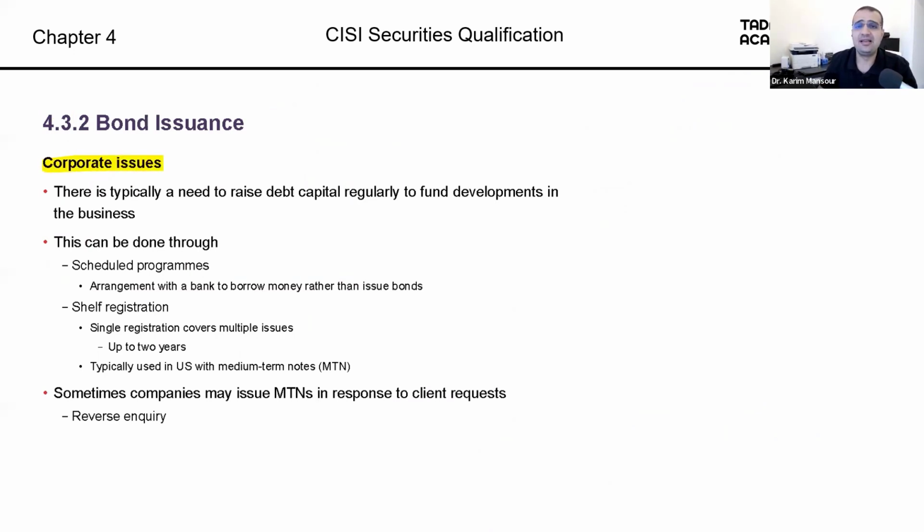Why do companies issue bonds? Obviously, they need capital. Remember, the capital structure of a company is both equity, the shares that it issues, and the bonds that it issues. They need capital. And issuance of shares takes a longer time, and it puts a lot of commitment on the company, because once you've issued shares and somebody has bought them, it's done. You're committed for life. You can't get rid of them anymore, basically.